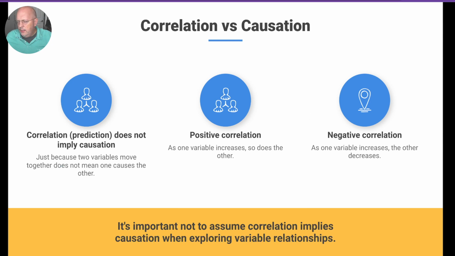I know that's a little off topic, but it's always important to remember that correlation does not imply causation. This can go into things like, why can't we prove that cigarette smoking causes lung cancer? There's that spurious correlation site that shows all types of crazy things. Just because two variables move together does not mean one causes the other.